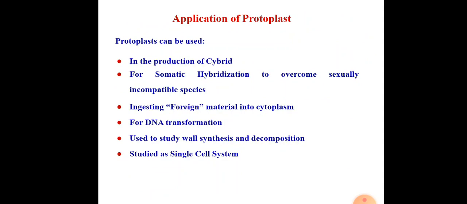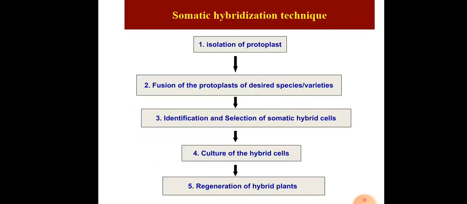And what are the applications of protoplast culture? In this, we can produce a hybrid through somatic hybridization, overcome sexually incompatible species, ingest foreign material into the cytoplasm, and use it for DNA transformation. It is also used to study wall synthesis as well as decomposition, and as a technique of a single cell system. And somatic hybridization